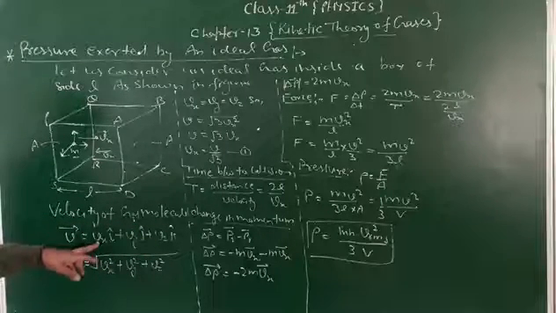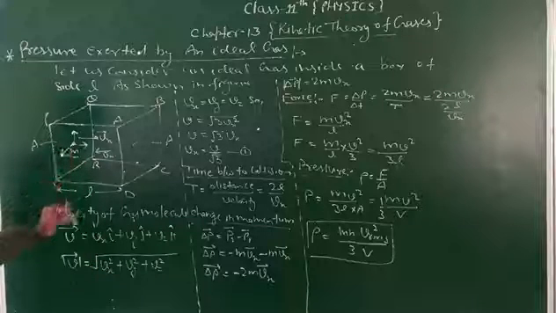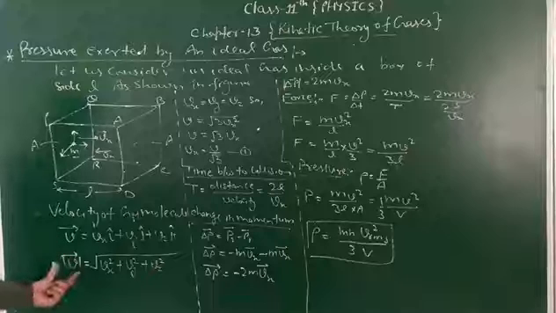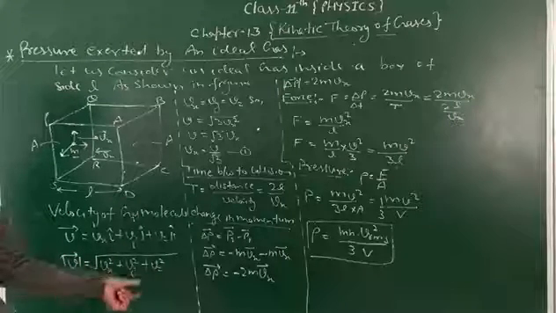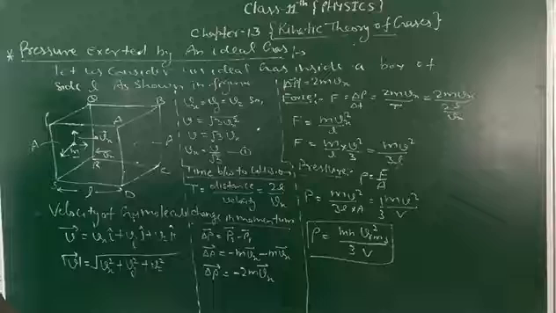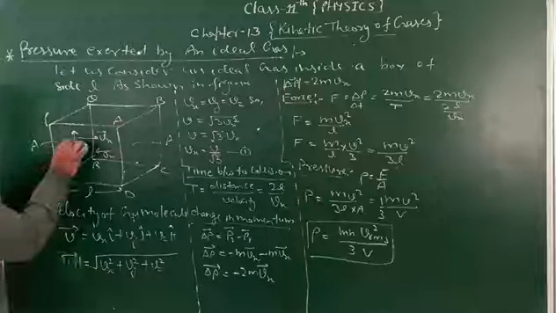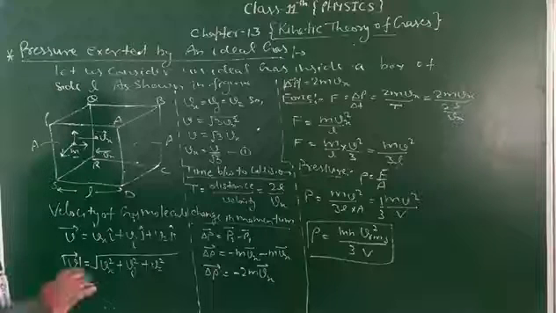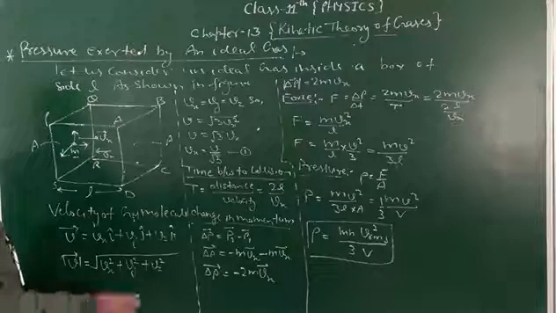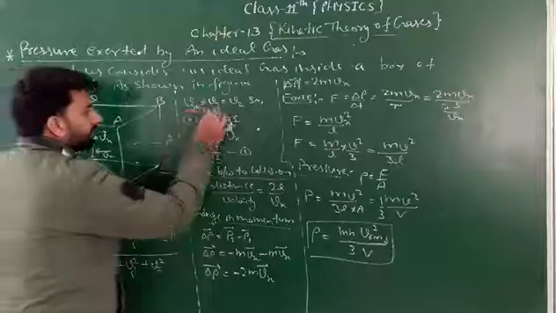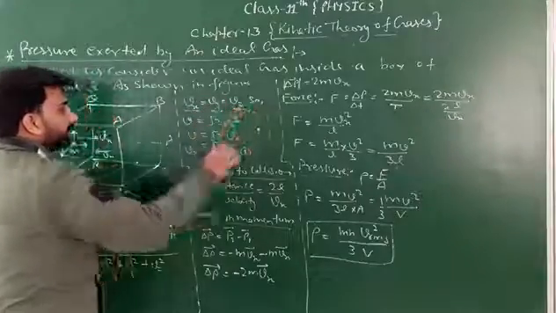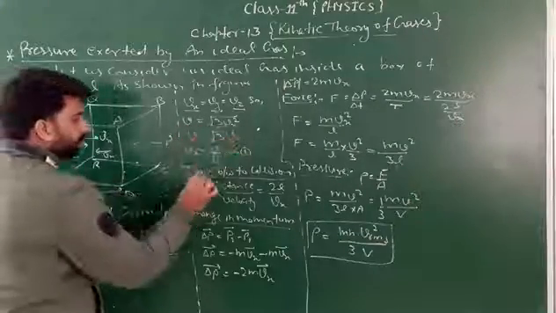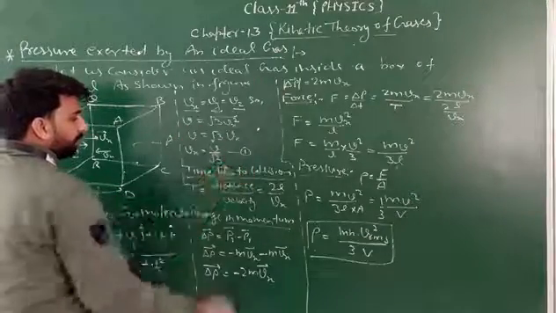This means Vx is the component of velocity of this particle along x-axis, this is along y-axis and this is along z-axis. So the magnitude of velocity is equal to square root of Vx square plus Vy square plus Vz square. As we know that the gas molecules have random motion and the kinetic energy of gas molecules depends only on temperature. So for any particular temperature, velocity along x-axis, y-axis and z-axis are equal. So from this we can write V = root 3 Vx, and Vx = V by root 3, equation first.